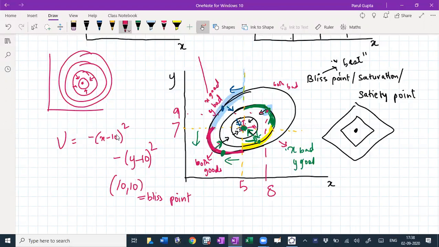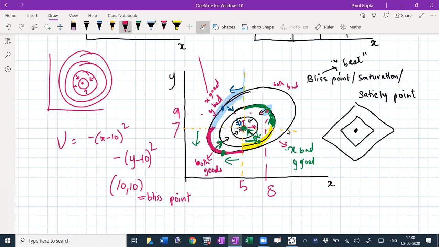Okay, so we can stop here and we'll take up properties of indifference curves and some specific utility functions and indifference curves in the next class. Hopefully we should finish it. I might take a longer class on Friday so that we can finish it, and because we should start the next topic by next week. Is that fine? Any doubts still here?